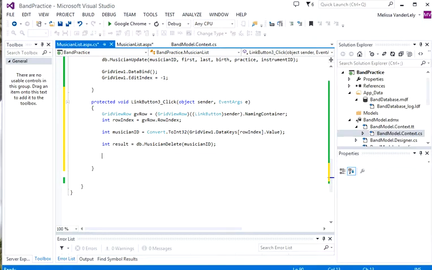We can use our feedback label from a previous example to inform the user that the musician was deleted. When we execute this code,